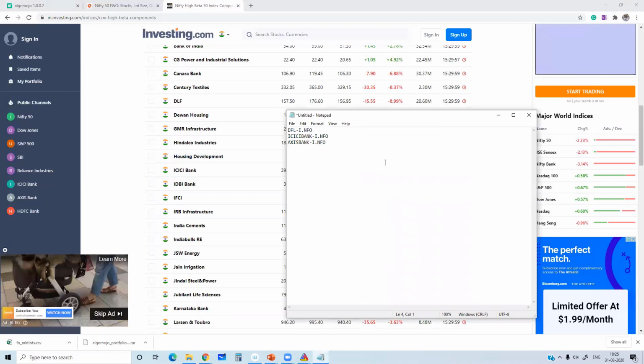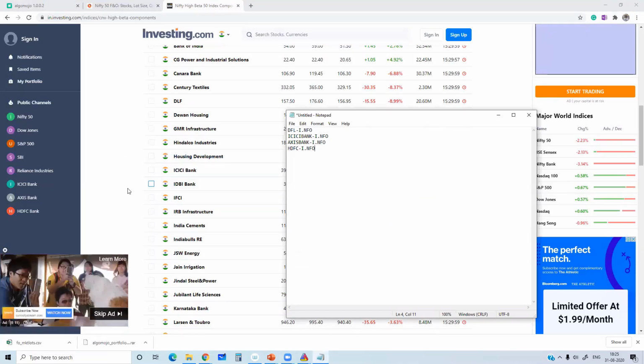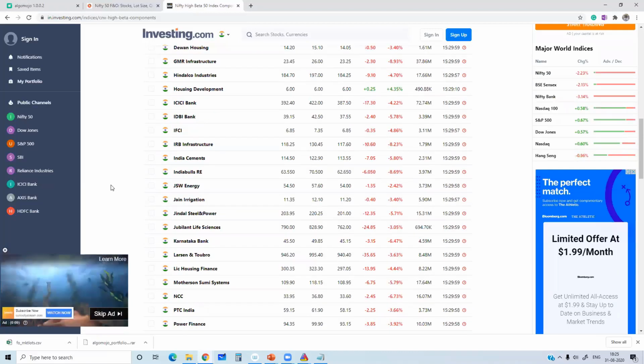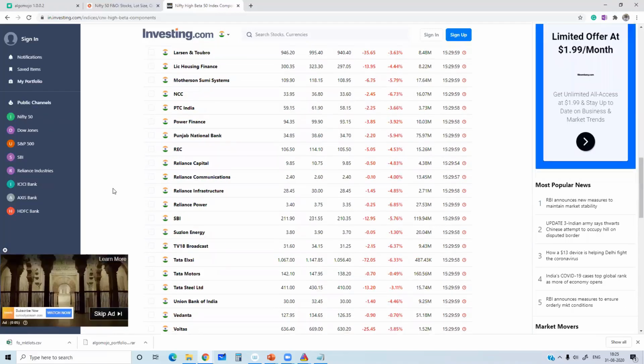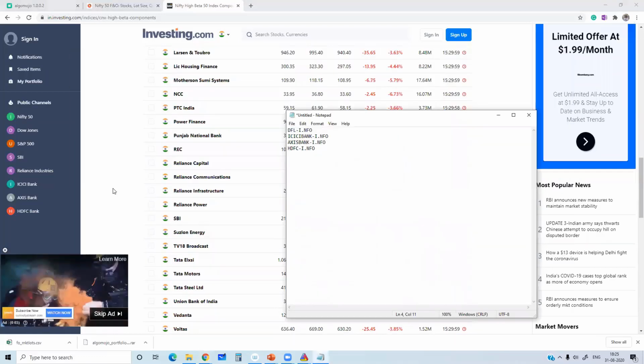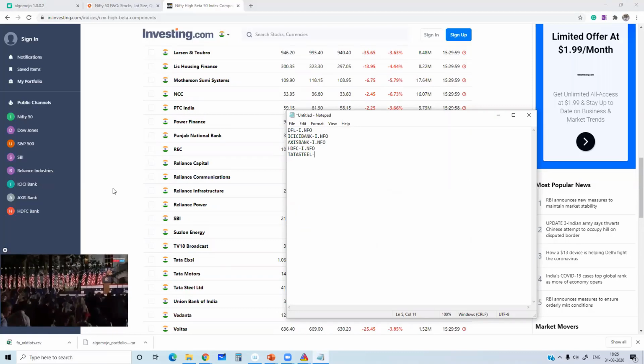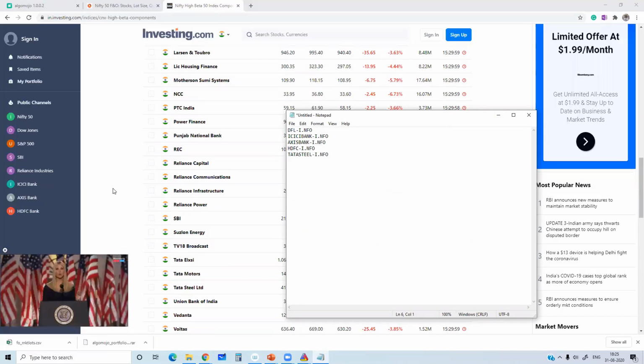HDFC is there, HDFC-i. What else do they have? Probably Tata Steel-i.nfo.